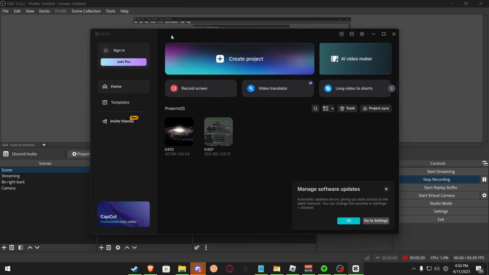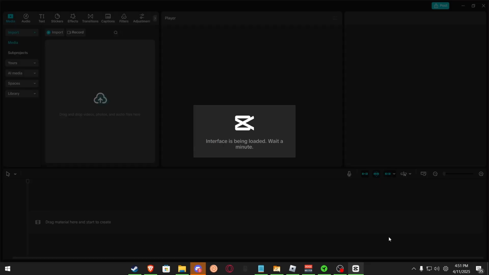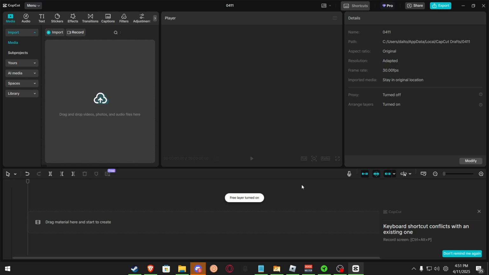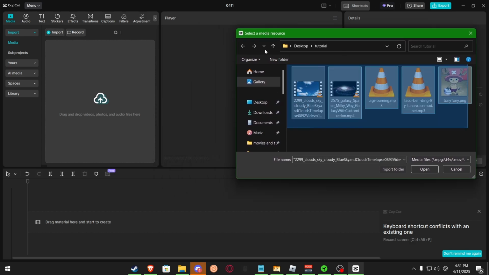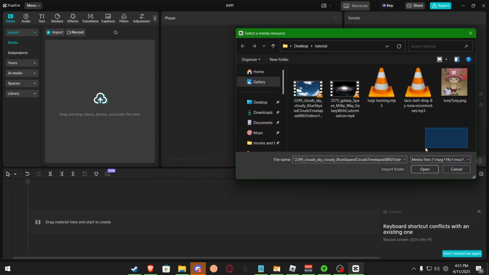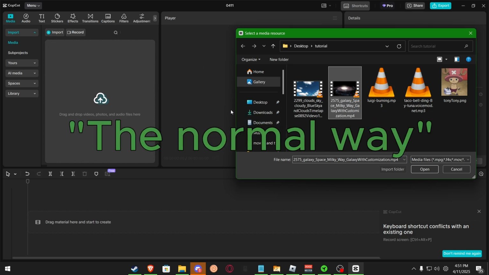So, we're going to open up our software, which you can see I've already done, and we're going to create a project. Normally, if I wanted to import something, I would drag and drop it into this right here. So I can go to here. This is where I stored some stuff for our video usage. So normally I could do something like this, or I could just drag it and drop it in, which obviously it won't do this because I'm importing it the normal way, quote unquote the normal way.